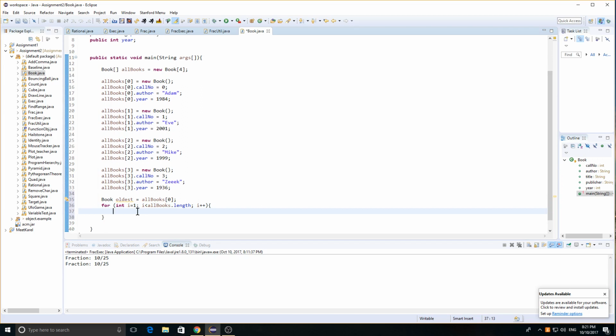And then we need to find out whether our existing book is oldest or not. So if oldest year is, well, younger than... So we only care about if we were wrong, right? When are we wrong? When the year is younger. So if oldest turns out to be younger, we need to correct our mistake, which means that